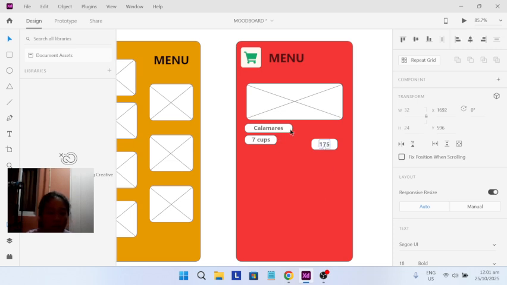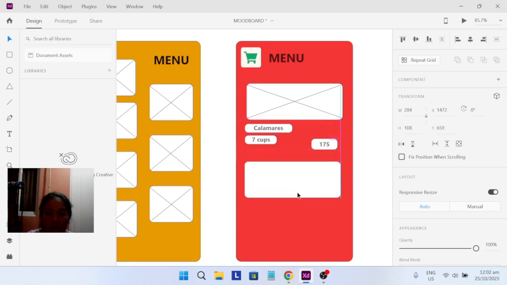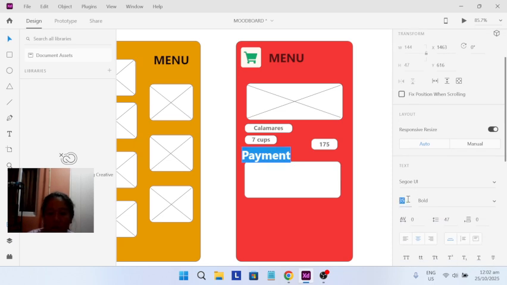Of course, let's put the payment detail here. Payment. Adjust this into 20.